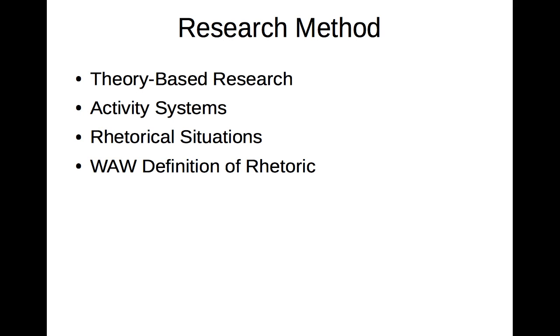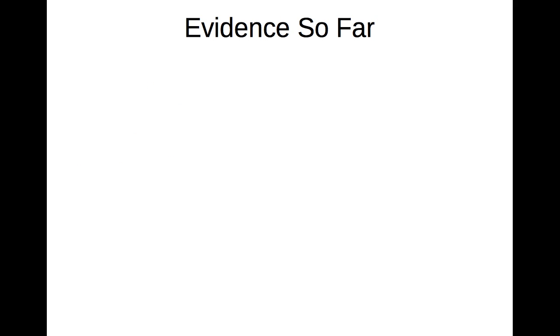However, the problem emerges when we try to fit computer code with Writing About Writing's definition of rhetoric. This definition explicitly uses the word human. I will attempt to determine whether or not Writing About Writing is flawed in using the word human in their definition of writing. So far, I have found that, like traditional rhetoric, as described in Writing About Writing's glossary,